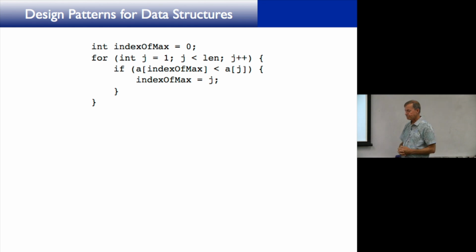So what we're going to do now is prove the correctness of a loop by way of this same example that we did before. Does this look familiar? The example is finding the max. The purpose of this is to find the index of the maximum value in the array between,